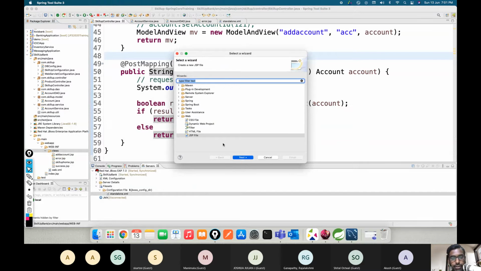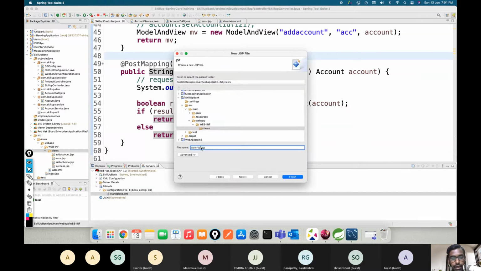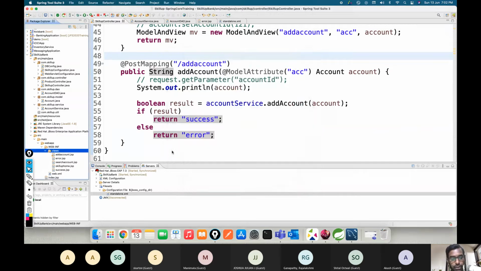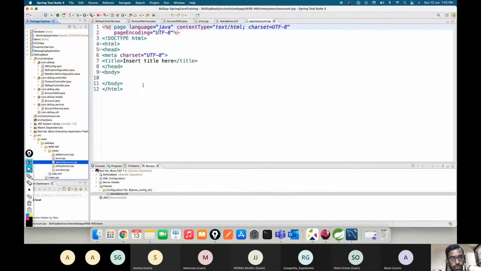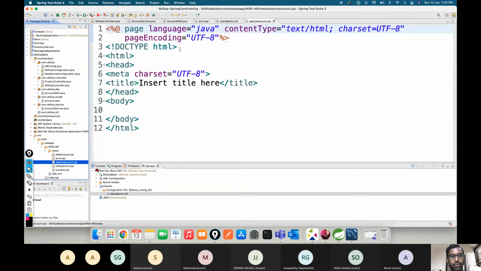So a JSP file, and here we can go ahead and define a search account page. So I have a search account JSP, and in the search account JSP, what we are going to do is